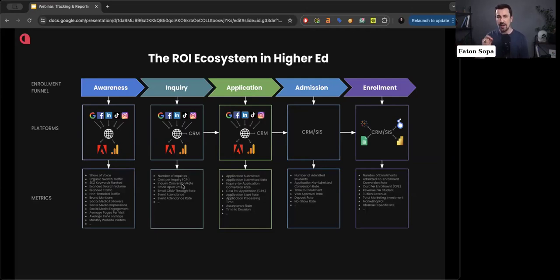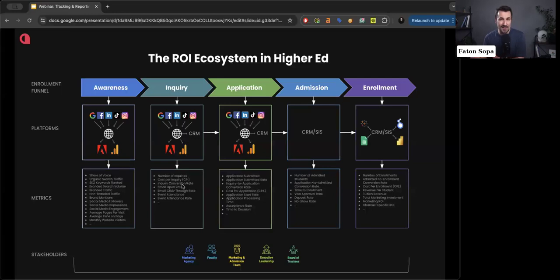However, you need to choose your metrics very carefully and pay more attention, resources, and energy on the ones that are more important to you and your stakeholders. And just to add more complexity to this ecosystem, you have different stakeholders. Those different stakeholders might have different agendas, priorities, and strategies, and they might be interested in different metrics. So the way that you communicate and report to these stakeholders might be different. Building this kind of ecosystem takes time. It's not something that you usually build in a month.